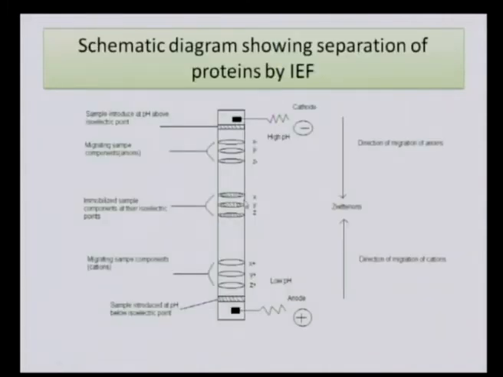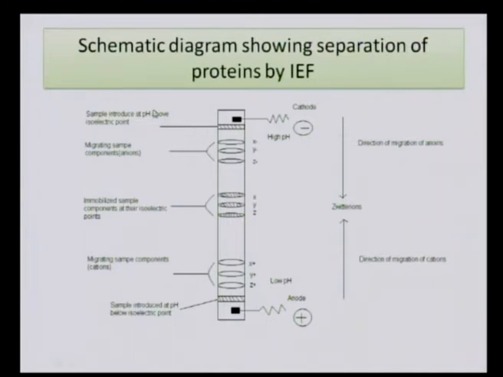Here in this image you can see the representation of how to perform isoelectric focusing. The middle one is the IEF strip, and on the top side you can see a cathode, and at the bottom the anode. That means we connect this strip in this direction, with one side towards the cathode and the other side towards the anode. If you observe the right side, we have mentioned high pH at the top and low pH at the bottom. That means the pH on this strip ranges from high to low, with low pH towards the anode and high pH towards the cathode.